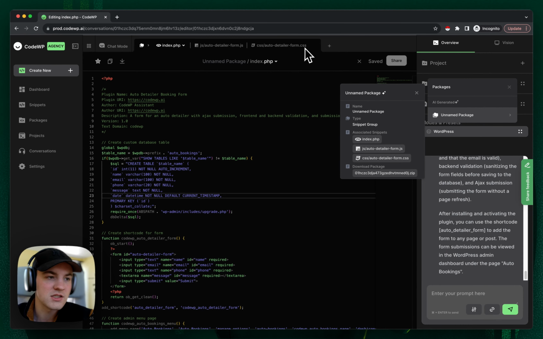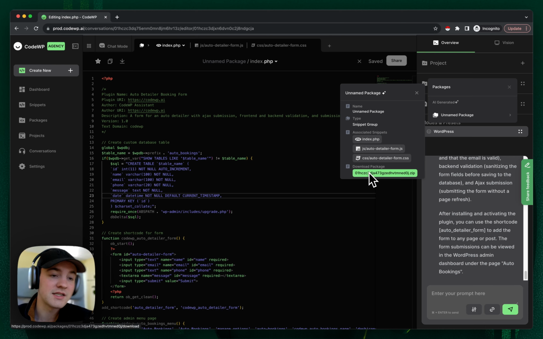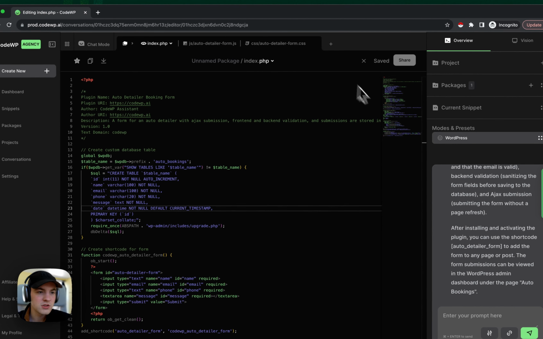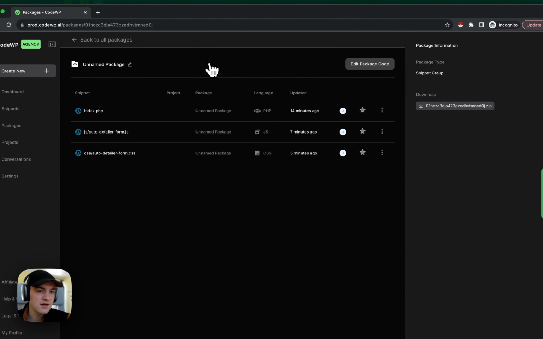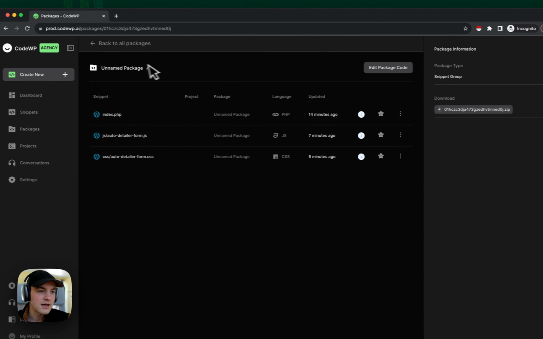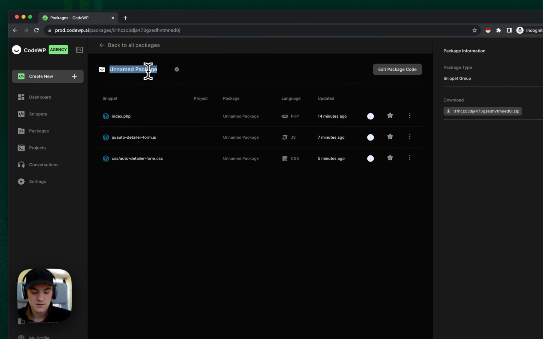So I can export the package here by clicking onto these dots, and this will show me all of the packages open in the file editor. In this situation, we only have one package open, and it's the unnamed package. It's a snippet group, and it's these 3 things. And I can actually download the package as a zip, which is ready for WordPress, from here. But I'm going to jump into the package itself and just give it a new name. I'm going to say auto